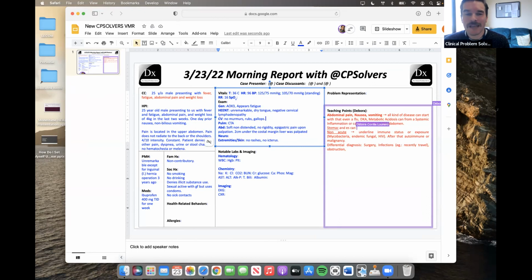But the two pieces of information that I think make me feel like that is a plan that potentially has some risk to it are, one, the tempo of the illness, and two, what sounds like the degree of pain as well as the presence of the palpable liver edge.